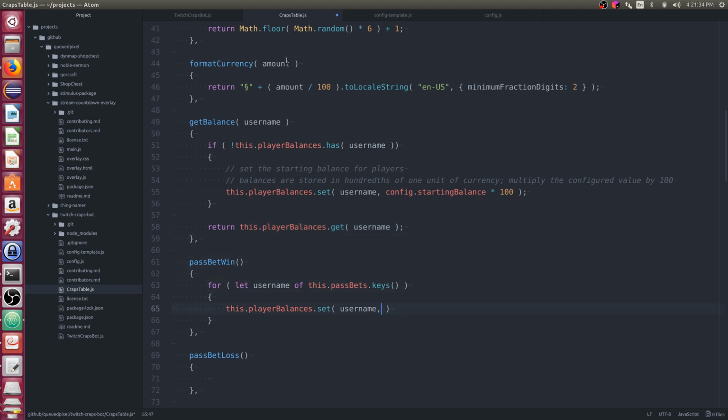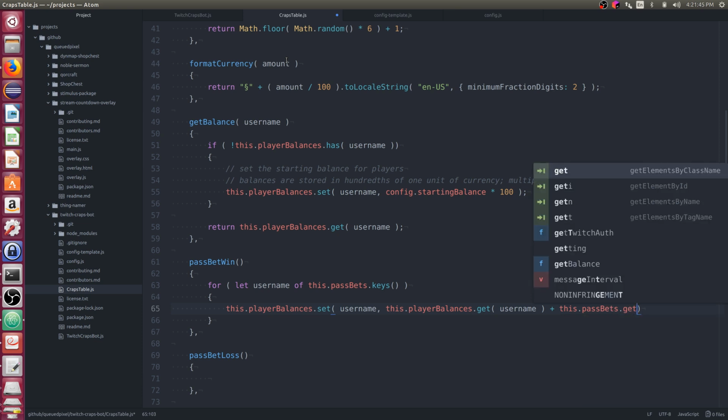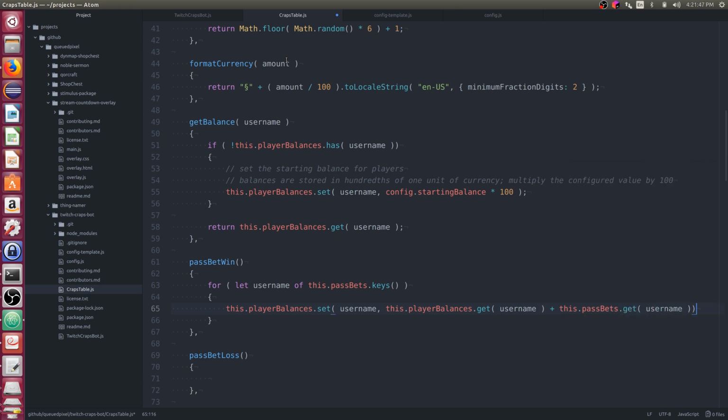So we're incrementing it here. That's plus this.passBets.get of username. Oh, that's ugly. So we're basically taking their balance and adding their bets to their balance because they won.